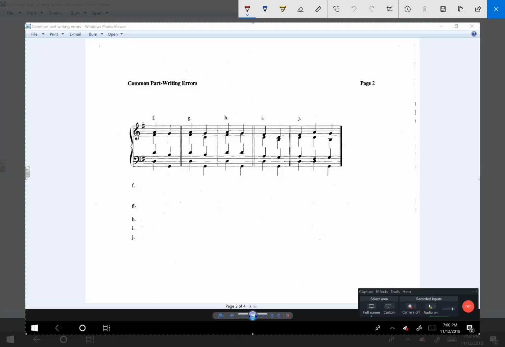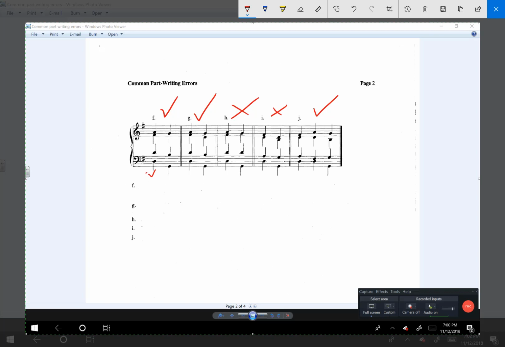Okay, so here, F, great. G, great. H has an error. I has an error. And J is good. Let's talk about the good ones first. Why is F good? Well, look carefully. We're in the key of G major. So what I might want to do first is